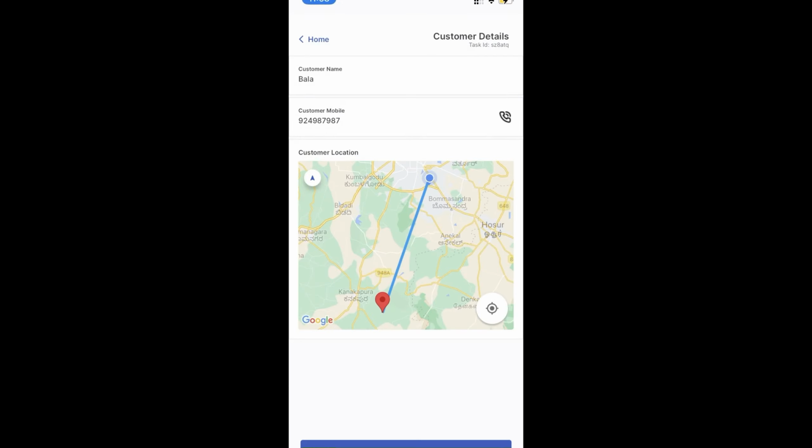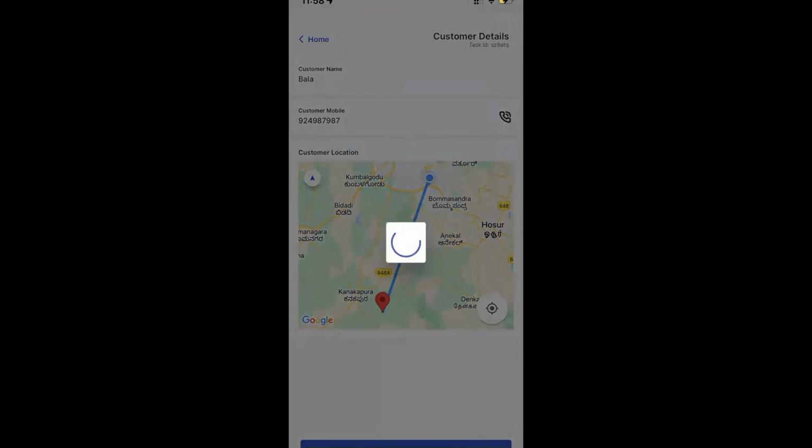Again, at the destination, I have very similar functionalities, customer details for me to reach the customer's location. I can collect proof of delivery, signature from the customer or OTP, hit complete for me to complete the delivery. It's a very similar process. So I've kind of rushed through this. And again, once I come back,